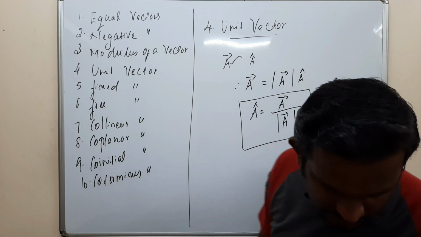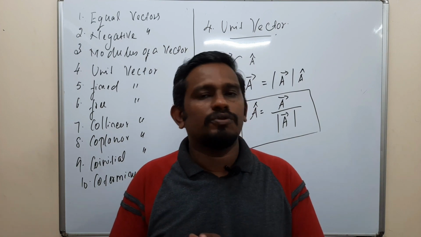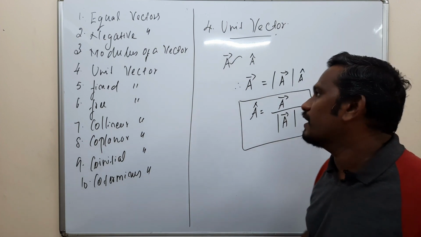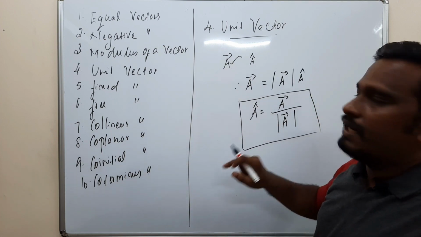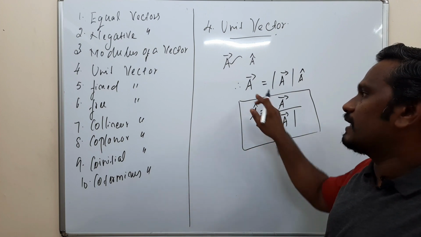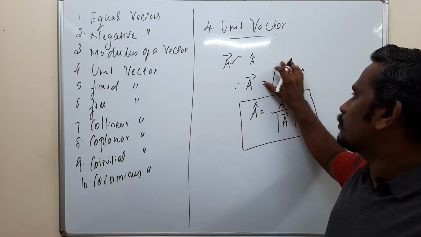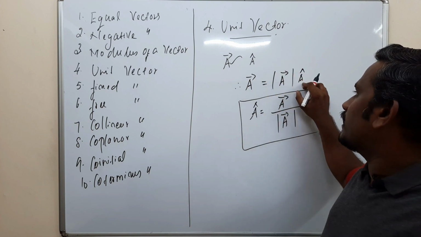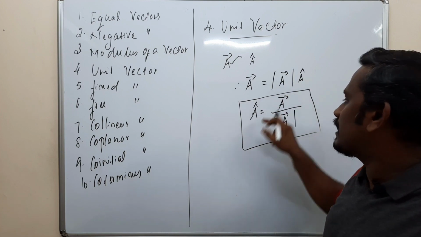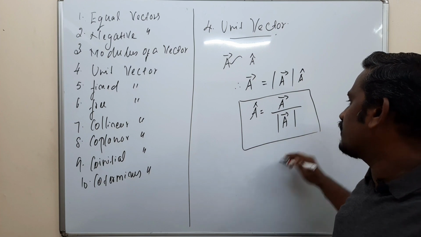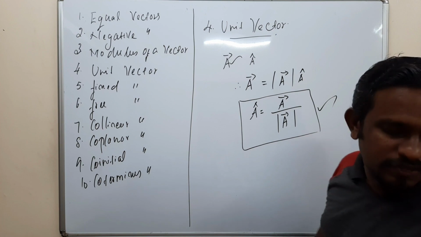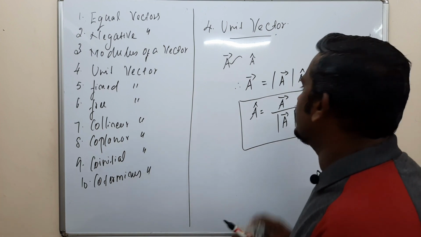So a unit vector is nothing but a vector which has unit magnitude and acts in the direction of a given vector. Suppose A vector has the unit vector A cap. Then we can write A vector is equal to the magnitude, and A cap gives the direction. Therefore A cap is equal to A vector divided by modulus of A vector. This is the formula to find the unit vector. Then next is